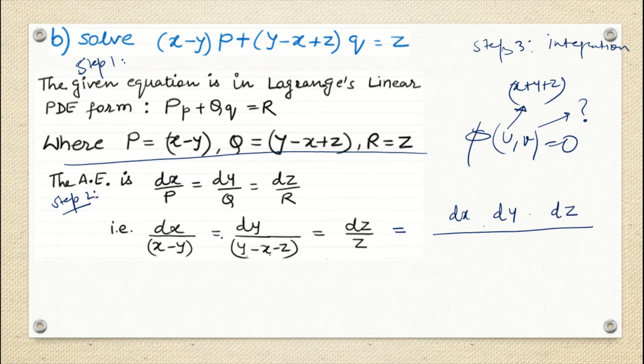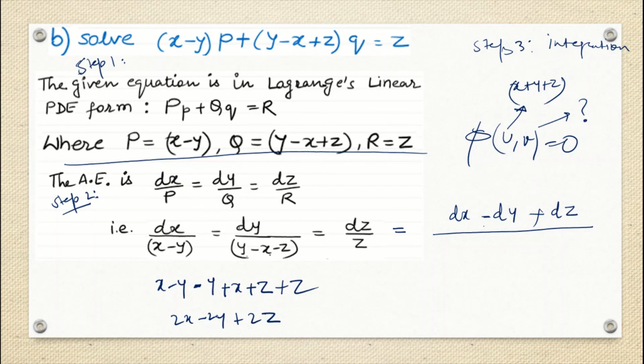So what can I do? If I say x minus y, and then do my addition, minus z plus z will become 0. That will also work in the multiplier method. But what if I try some kind of trick, some addition and subtraction? If I write dx minus dy, and then plus dz, because if I write minus z, z will get cancelled, so plus z. What will happen here? 2x minus 2y plus 2z.